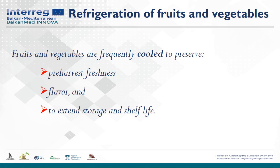Fruits and vegetables are frequently cooled to preserve pre-harvest freshness, their flavor, and to extend their storage and shelf life. In general, refrigeration temperature is used to store fruits and vegetables, because in this case we will save more of their nutritional value, their nutrients, their quality. If we use the freezing process, we will lose some of this quality, but not at all, because